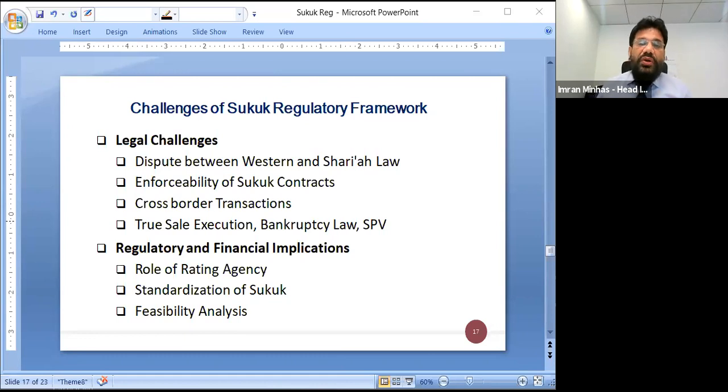So there is a problem with which law is to be enforced. This enforceability issue causes legal impediment due to the inability to obtain satisfactory legal opinions, which emanates from the sale of the assets between the originator and the investor through the SPV. It is also due to various bankruptcy law matters. Here, there is confusion about which law can be enforced and to what extent that law can be enforced in Sukuk issuance. Again, another issue is the true sale execution.